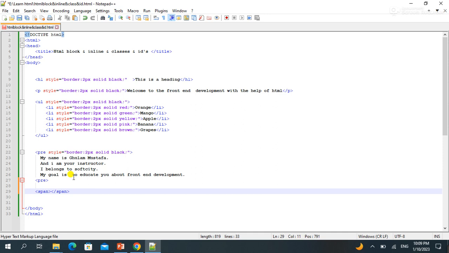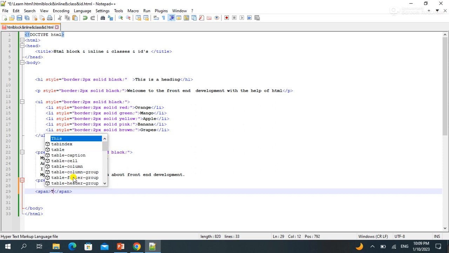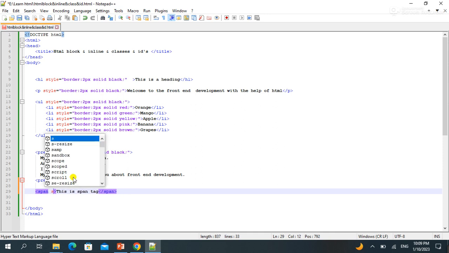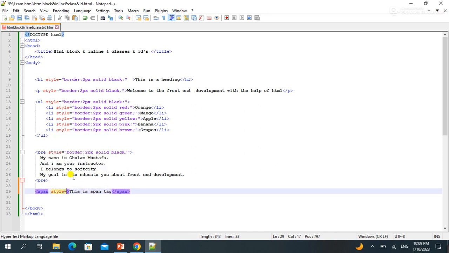Inside span I will write here this is span tag, and inside span tag I will set the border with the help of inline styling, that is style is equal to border 2px solid black. Save the file,